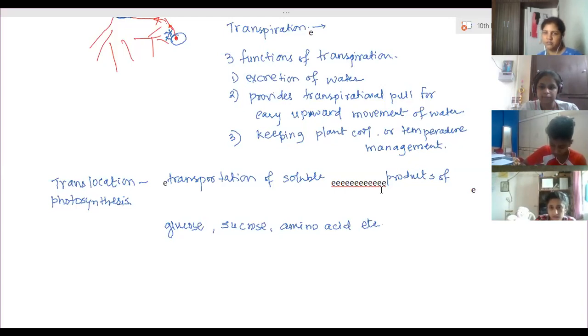It depends on that. If there is already a greater amount present in the body, then extra water is not needed, so it will excrete it out. But if an animal or a plant has less water in the body, then that animal will not excrete a large amount of water.